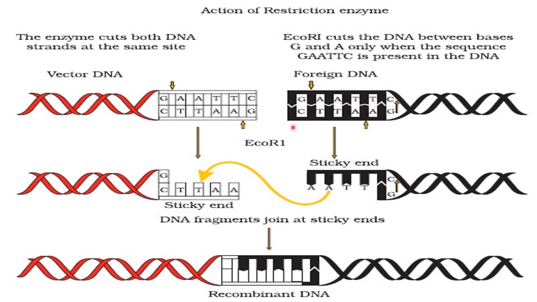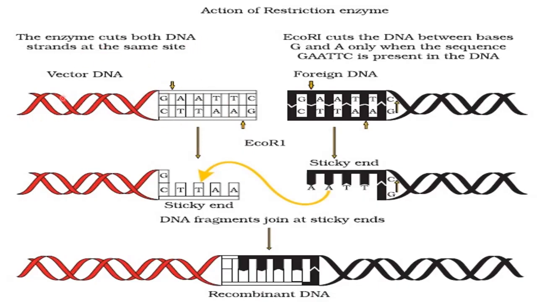So we use the same restriction enzyme for cutting vector DNA and for cutting foreign DNA. The same restriction enzyme is used because if we use the same enzyme, then the same type of ends will be produced for the DNA, and it will be easier to ligate. Ligate means to join that vector DNA with the foreign DNA, right? That's why the same restriction enzyme is used here. So let's start, how it works.